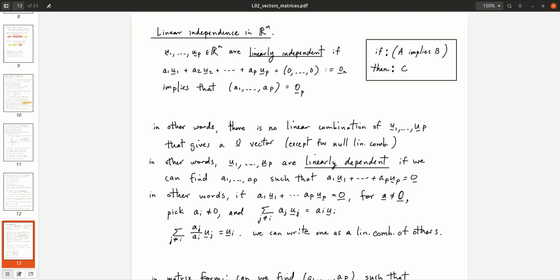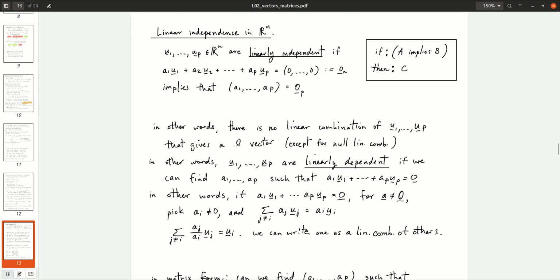We say that they are linearly independent if the following implies the following. So the first thing is, if a1 u1 + a2 u2 + ... + ap up equals 0, so zeros in all n entries, if this implies that the a's are all 0. Okay, so now this is a perfectly valid logical definition, but it may seem